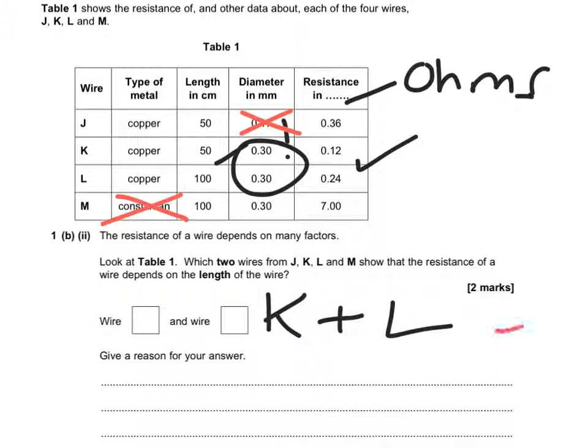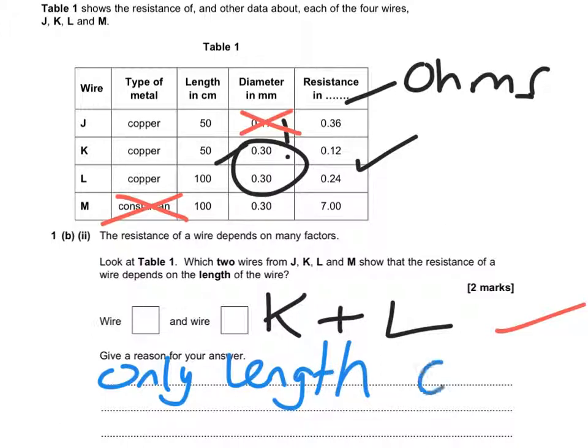That will get you 1 mark there. Why have we chosen K and L? I'm just going to switch to blue. The reason we've chosen K and L is because they have the same diameter, the same type of metal, and only length changes. So only length changes